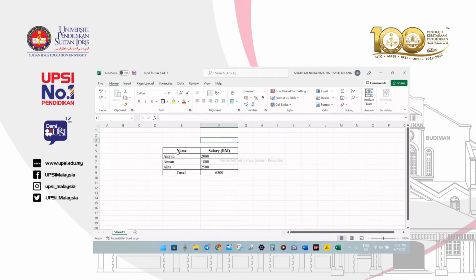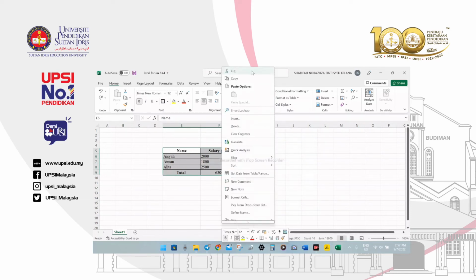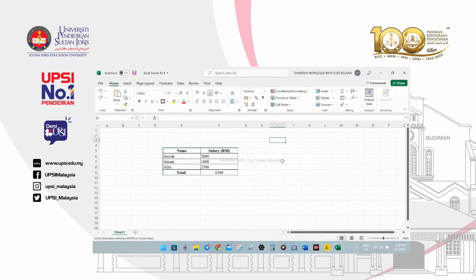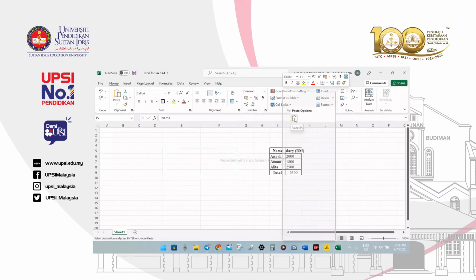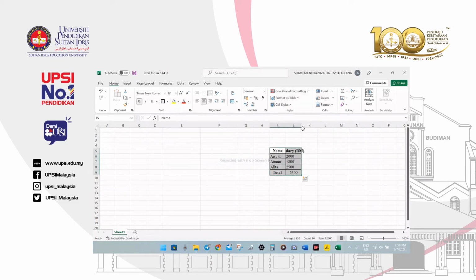So now I'm going to teach you how to cut the box, if you want to put it anywhere that you prefer, you can click cut and then click anywhere that you want to put it. So for example, I want to put it here, and then click paste options, not paste special but paste options only. So I will adjust the width and also the rows, and then